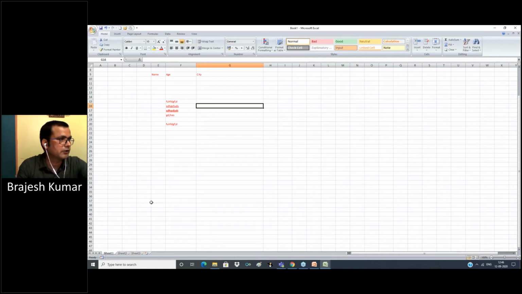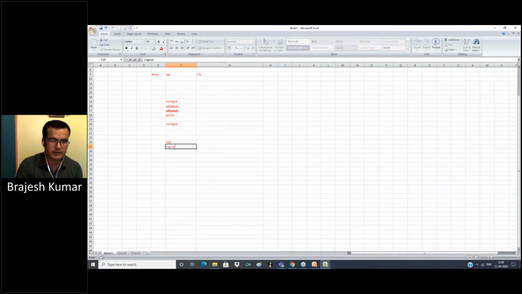Now we come to some text formulas. As we already discussed, there are three types of formula in Excel: text, logical, and mathematical.